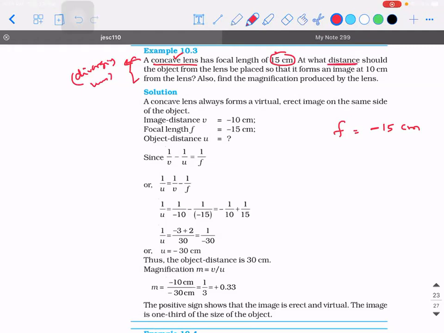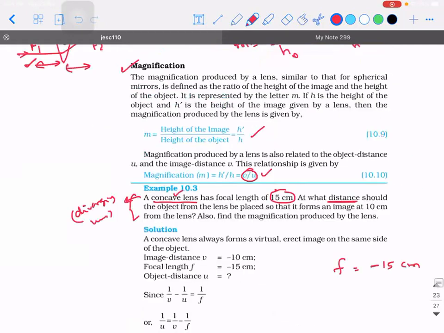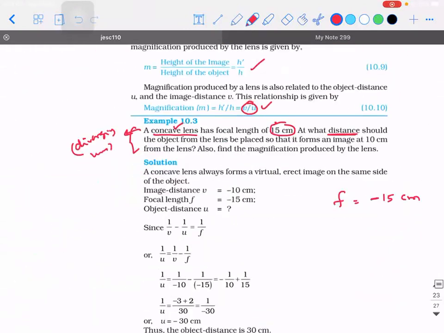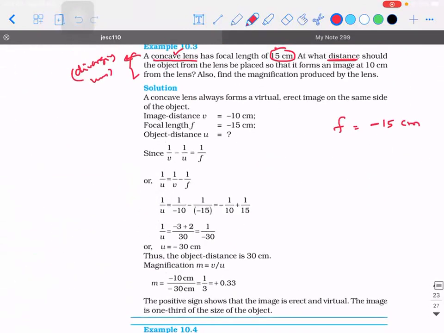At what distance? So see, even before you complete the question, what should be in your mind, guys? When you see it as a concave lens, what is the nature of the image always formed by a concave lens? Real and inverted, sir. Hey, concave lens will never form real. It is always virtual and direct. Virtual and direct, sorry, sir. It is always virtual and direct. So why I'm saying this is your answer for v should also be negative.